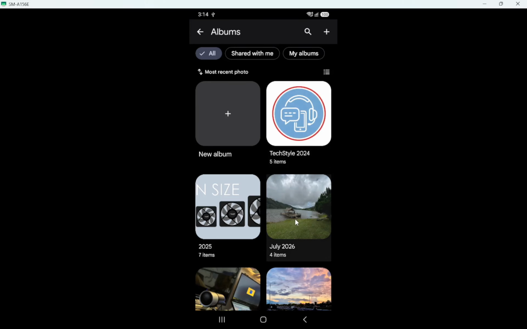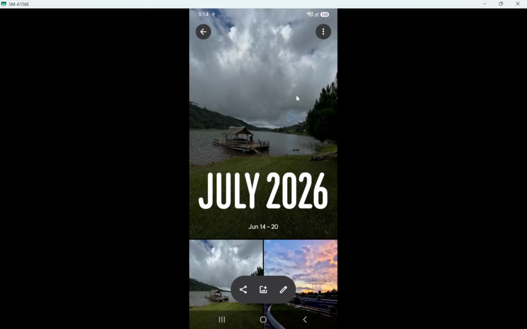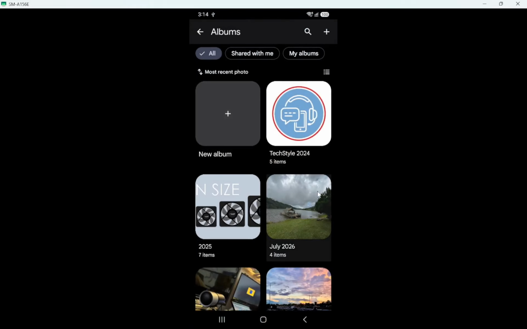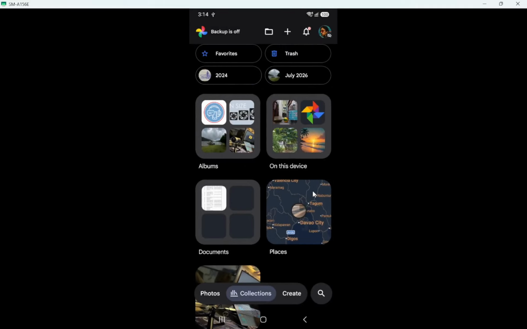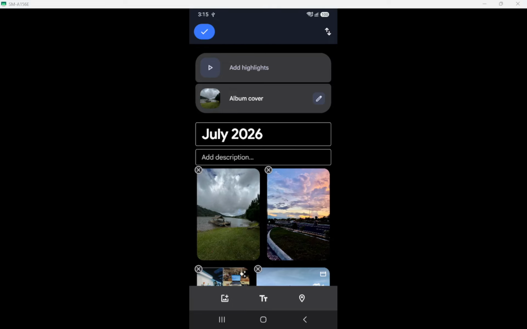This usually appears as a button or an icon near the top. When you tap Edit Album, the layout will shift slightly, showing that you can now change the order and settings for that album. While in edit mode, tap Sort By. A small menu will appear with sorting options. These control how the pictures are arranged inside this album only, without affecting anything outside.